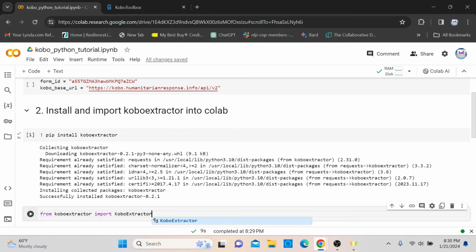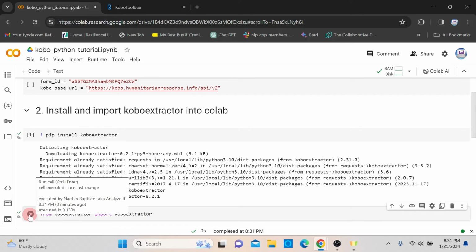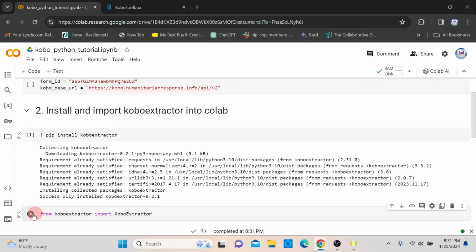All right. So Kobo extractor class is a Python class that facilitates the extraction of data from Kobo Toolbox. So once we have typed this code, we will run it. All right. So there is a check mark here, so that means it's good and I have no error. All right. So it's only what you have to do for installing and importing the Kobo extractor module and the